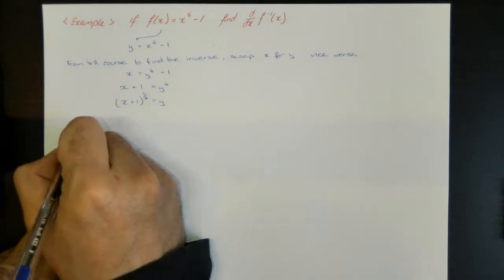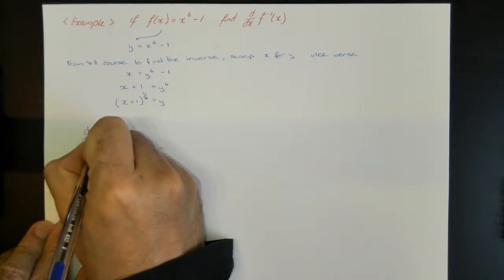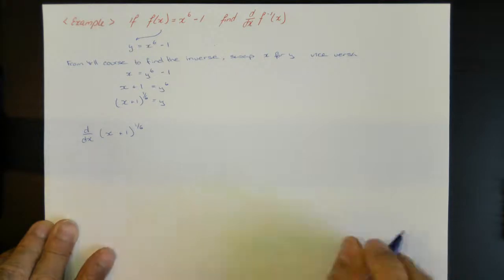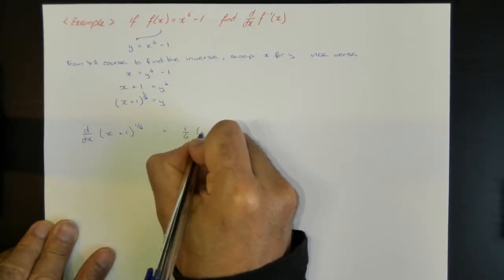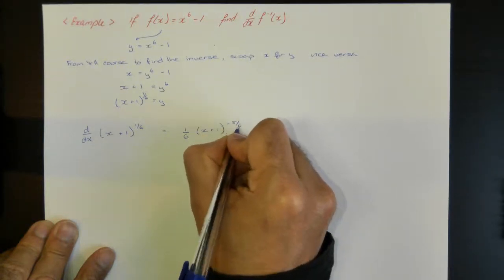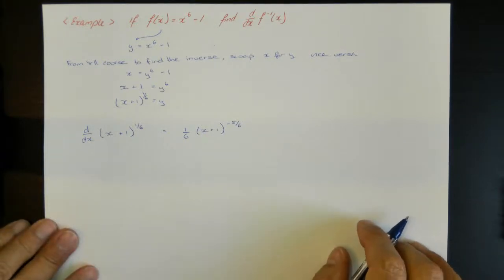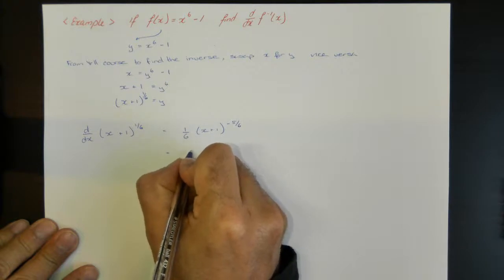So now we can find the derivative of x plus 1 to the power of 1/6, which is 1/6 x plus 1 to the power of negative 5/6, which can also be written as